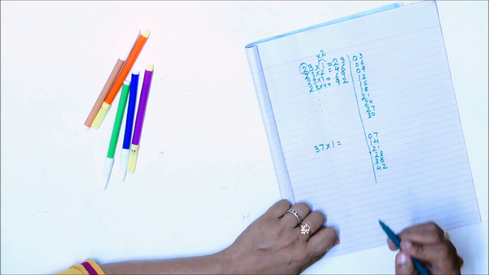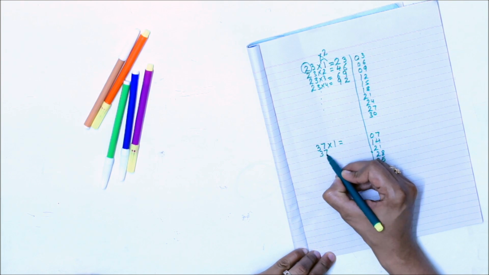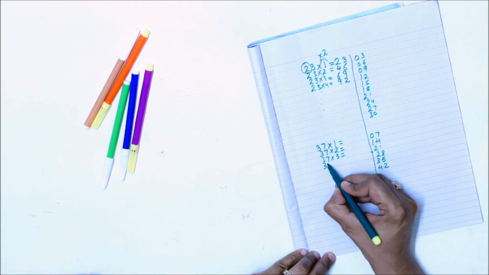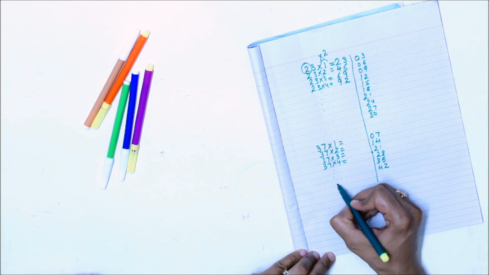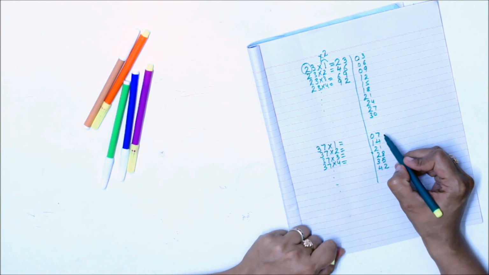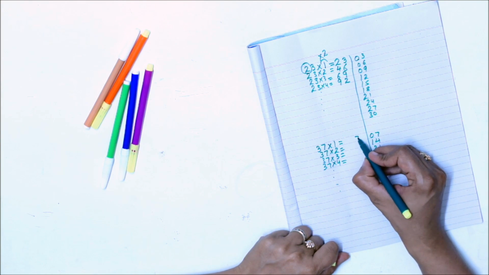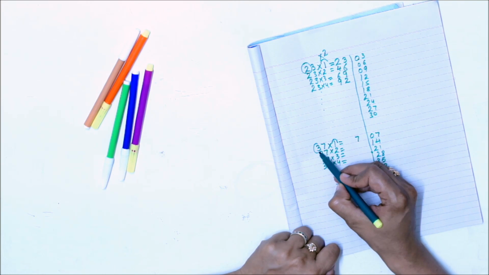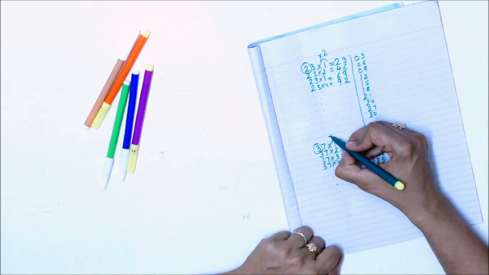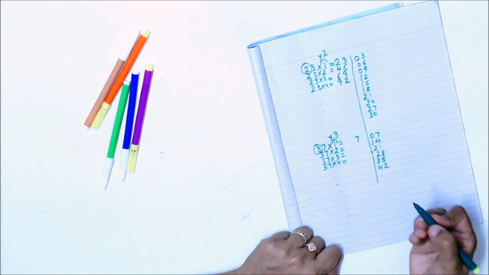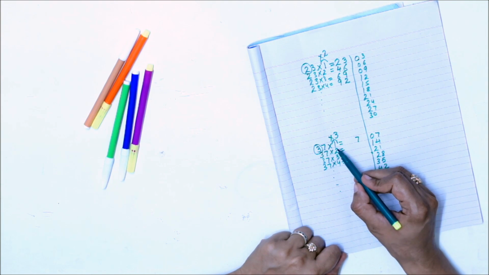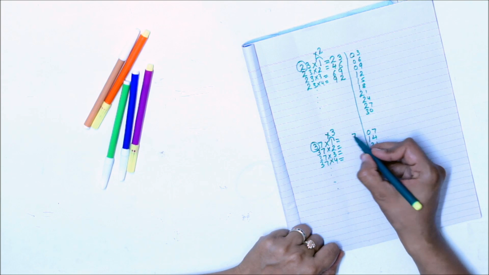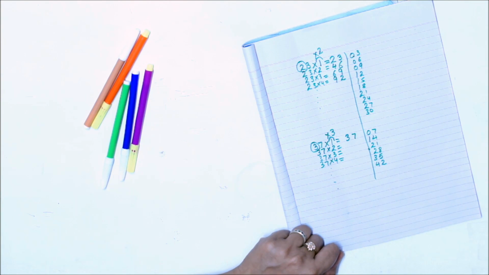So now let's come to the trick. 37 times 2, 37 times 3, 37 times 4 and keep on going. So I have 7 on units place. So I will write here 7. Again the variation is on my tens place I have 3. So I will multiply this whole column with 3. Now 3 times 1 is 3. Then 3 plus 0, 3. So 37 times 1 is 37.